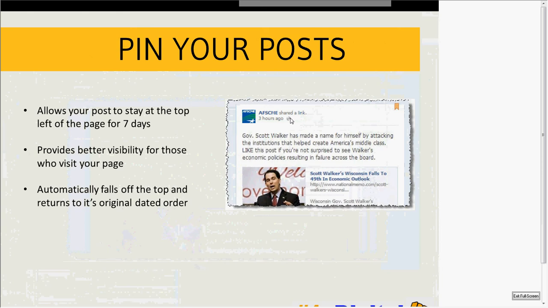So 2 things, highlighting and pinning, that I recommend. They're basic, they're simple, but it's doing your due diligence to make sure your stuff gets seen by the most